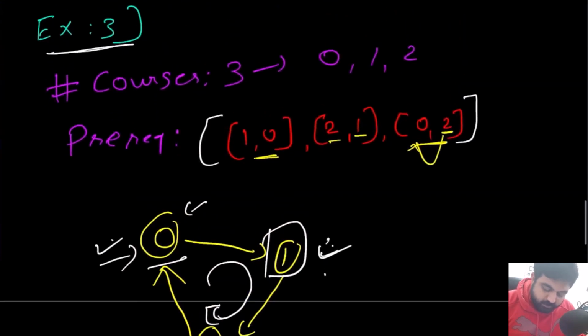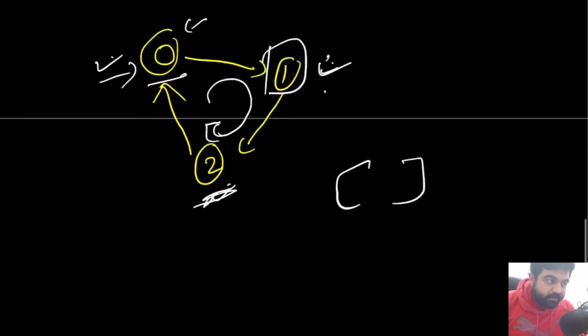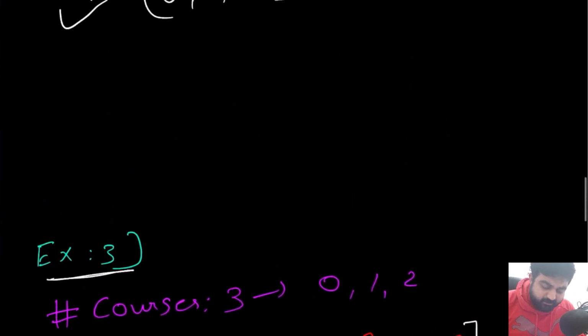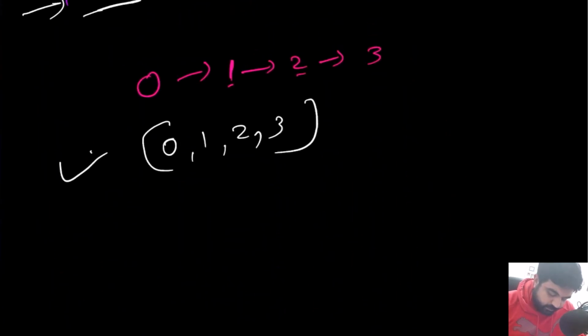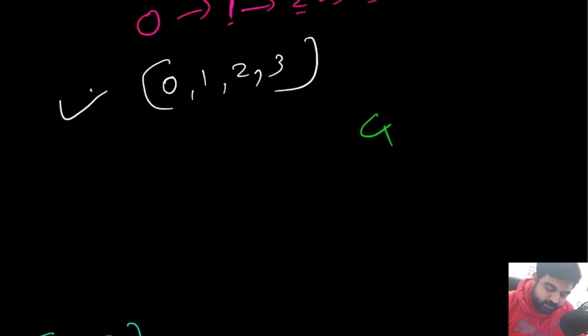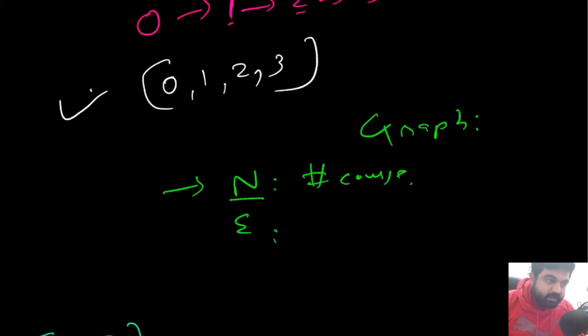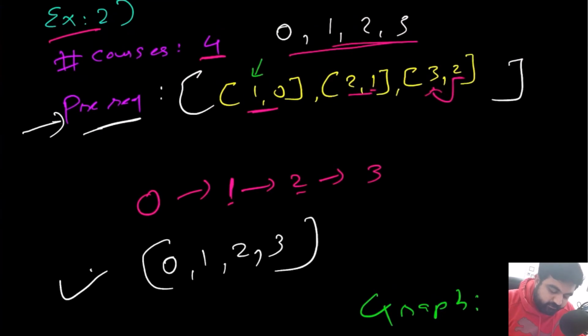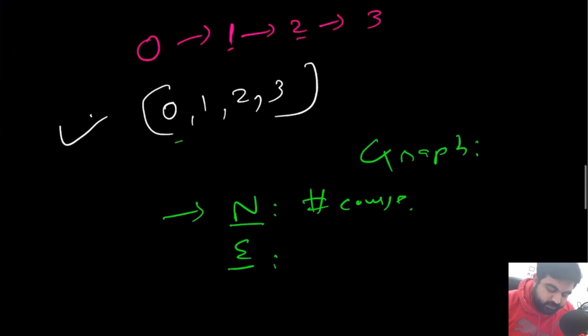So based on my drawings and all the logic I'm trying to show you, it becomes pretty trivial how we are going to solve this problem. The way we are going to solve this problem is using graph theory. And for the graph, we need two items. We need nodes and we need edges. So as the nodes, we are going to use the number of courses, so all the courses are going to represent a node in itself. And for the edges, we are going to take all the values that are present inside the prerequisite table, and based on that we are going to create an edge, and that is going to give us very interesting